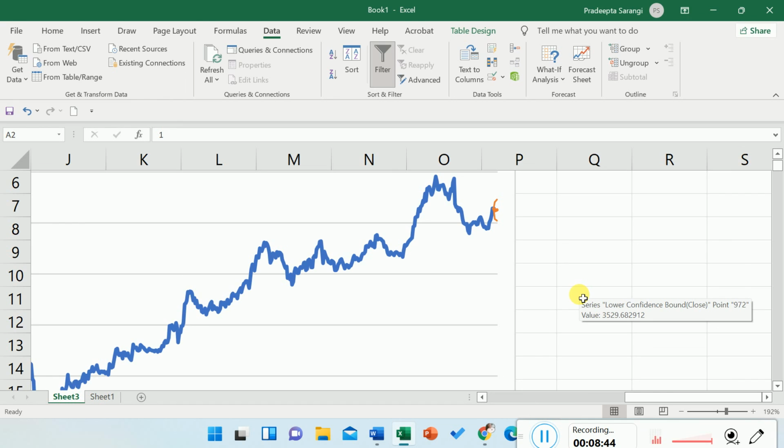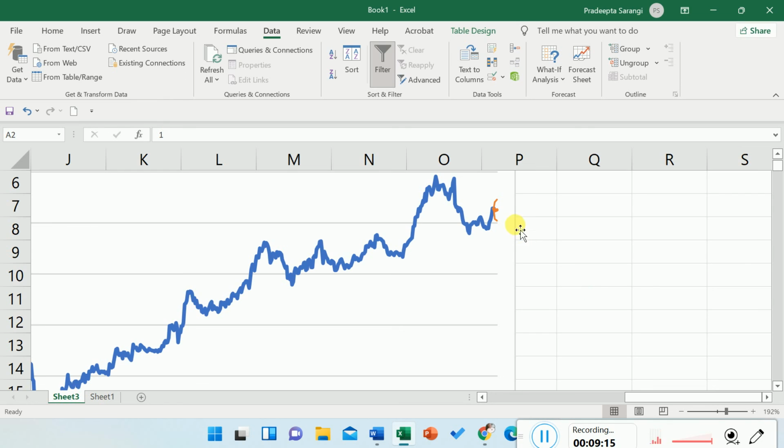Like in case we predict the temperature, when we say that today's temperature is 30 degree, we cannot say exactly that tomorrow's temperature will be 32 degree. We can say if today's temperature is 30 degree, then tomorrow's temperature may be 29 and 31. So 29 will be our lower bound and 31 will be the upper bound. That means this is the range. So through this forecast sheet, we just predict a range.